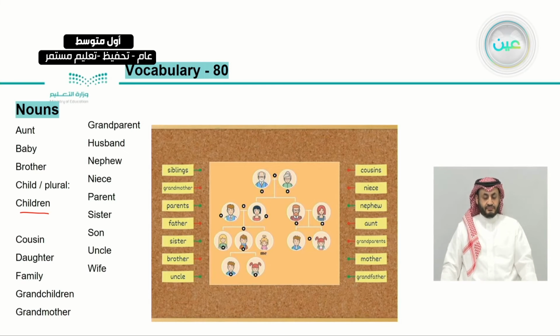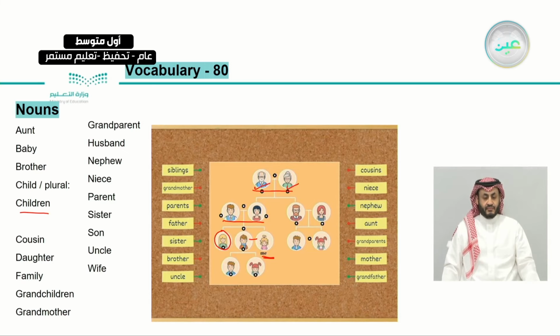Let's play this game. This is a family tree and this is you right here. So if I want to ask you who's the next person next to you right here, probably you would say he is my brother. How about the girl right here? She's your sister. How about the two parents right here at the top? They're your mom and dad. And the people right here, they will be your grandmother and your grandfather.